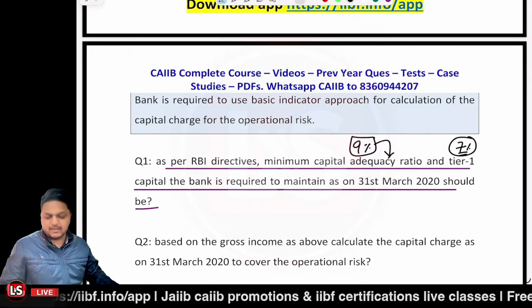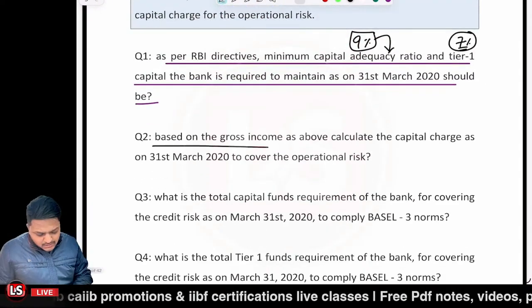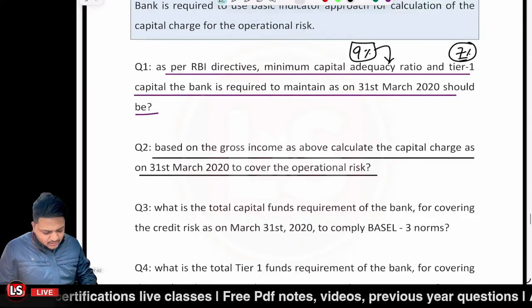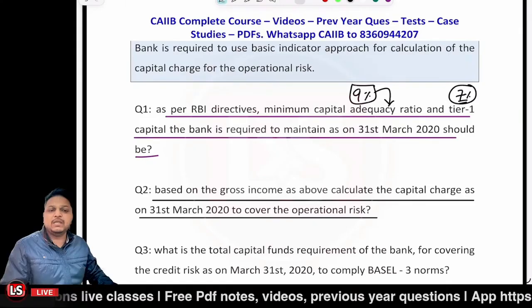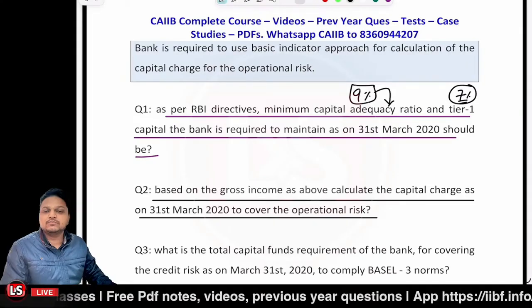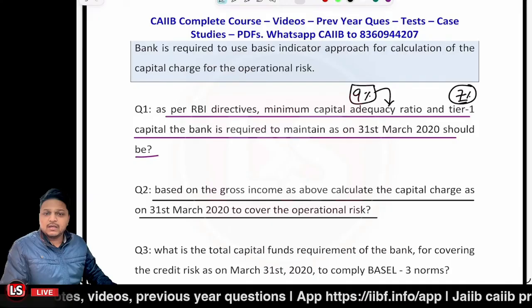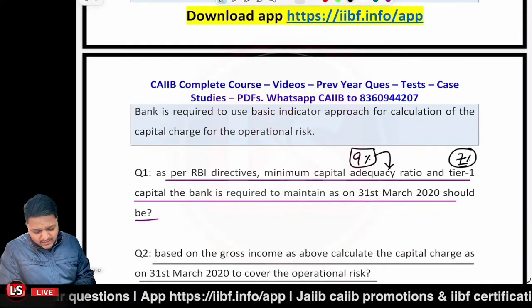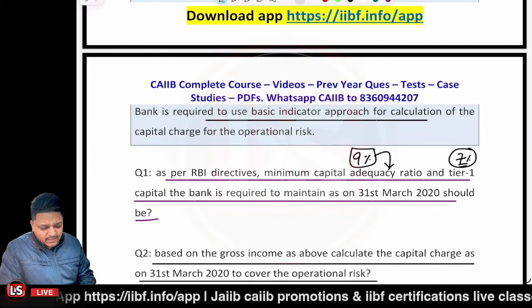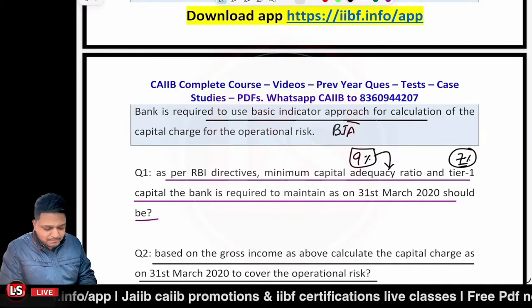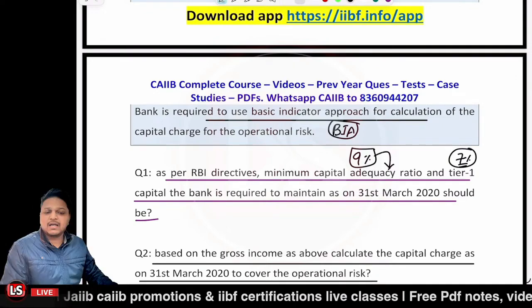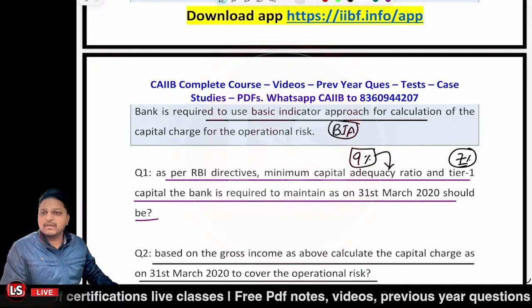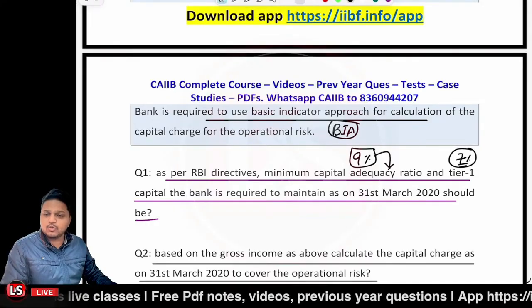Okay. Second one, based on the gross income as above, calculate the capital charge for the operational risk. Now, whenever it's related to the capital charge for the operational risk, and specifically in the question it is given that the bank is to follow the basic indicator approach, that is the BIA approach. And when the banks are following the basic indicator approach,